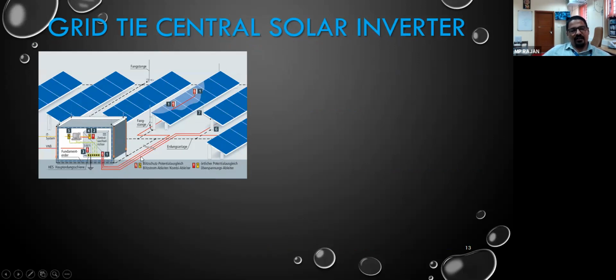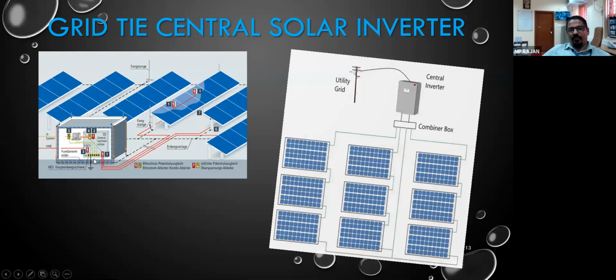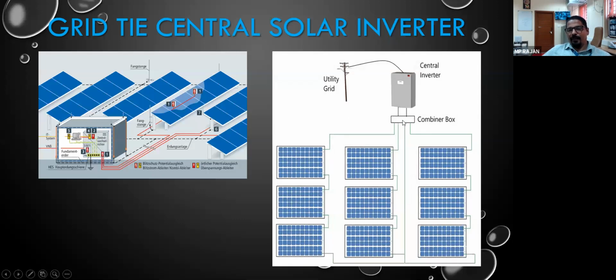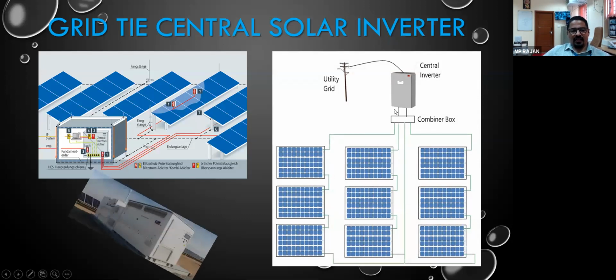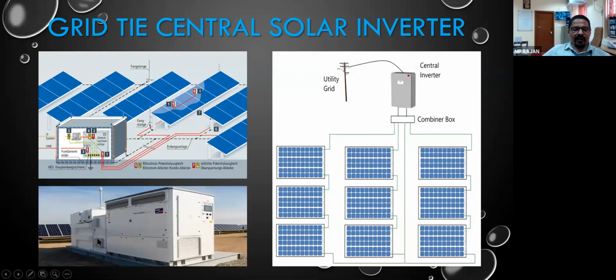But here, the DC power supply is coming to the inverter, where the total DC is converted into AC. Okay. Or we can see this is the combiner box. The output of each panel string, we can say this is the first string, second and third strings, are taken to the combiner box. From the combiner box it goes to the inverter. So this is the picture of a very big central grid tie solar inverter.